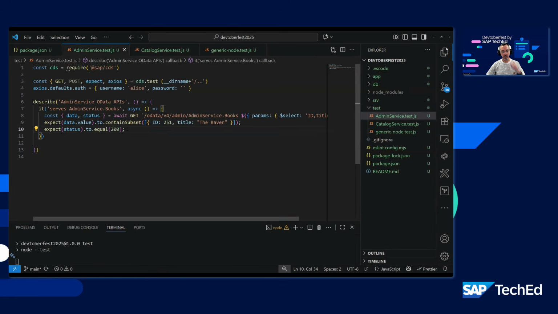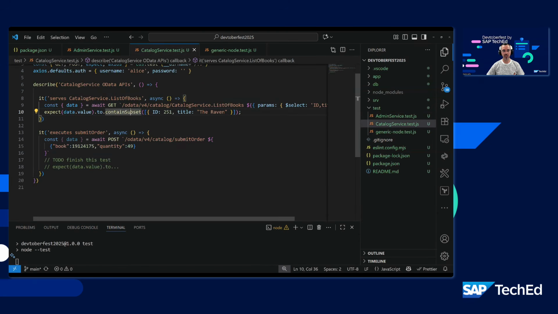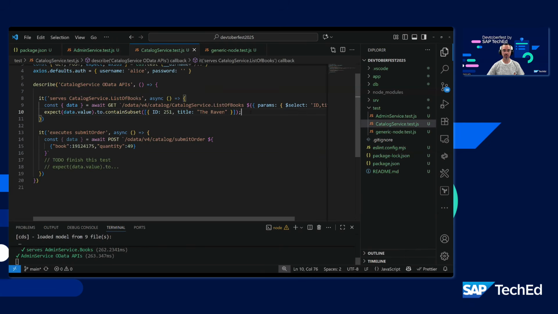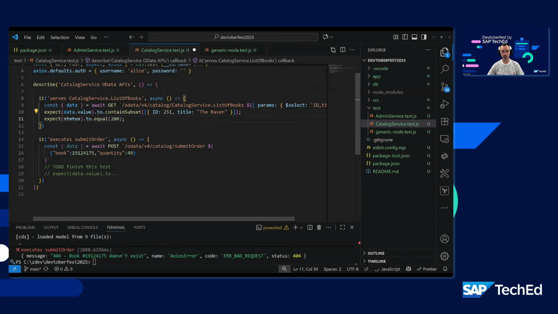So in the admin one, we tested for status. And in the second one in here for the catalog, we didn't test for status. The reason is some people say that we shouldn't be testing for a status. Some others say yes, we should. I do like to test the status. I always do that. So I do like to test this one. The thing is,